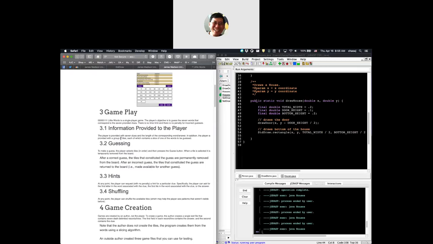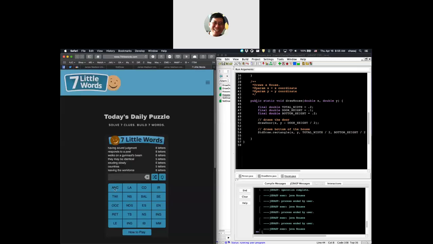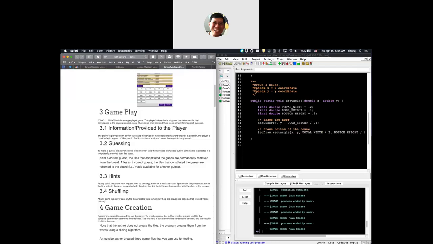In addition, you're provided with a group of tiles, each of which contains a slice of one of the words to be guessed. So all of these items in here are partial slices. This ANC, LA, CO, IR, those are all slices here. To make a guess, the player selects tiles in order and presses the guess button. When a tile is selected, it is temporarily removed from the board. After a correct guess, the tiles that constitute the guess are removed from the board, so you can't use those tiles over again. After an incorrect guess, the tiles that constitute a guess are returned to the board, so you can use them